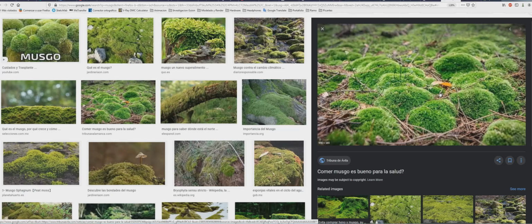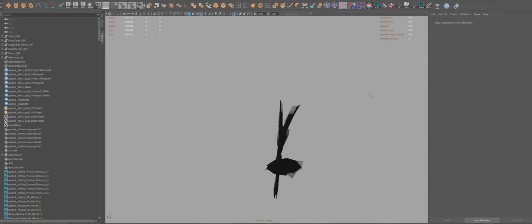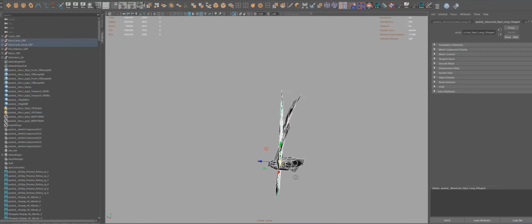And as I said before, if we go from here to the final scene, we will end up with something more like grass. But now, as we understand that we need to generate those shapes before,